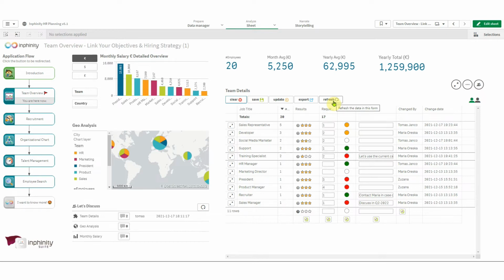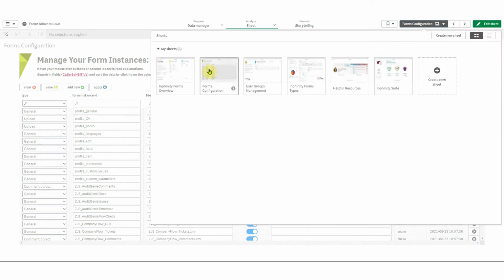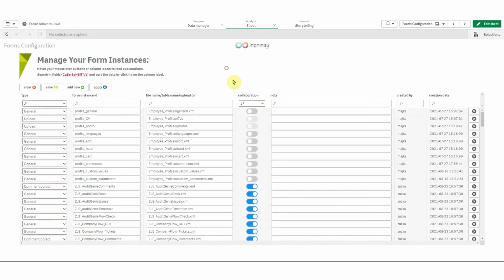Right after the installation or upgrade in your Forms admin application that's automatically created for you in your Qlik Sense, on the second sheet form configuration, you can see this new column available. Very intuitively, it's named Collaboration. You can enable this feature for already existing form instances as well as